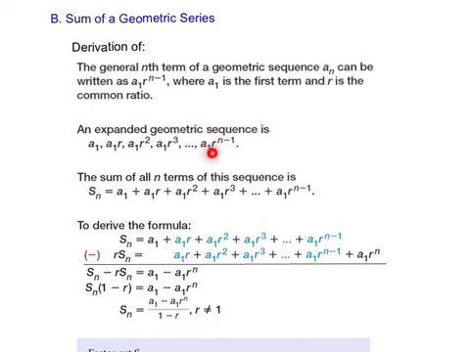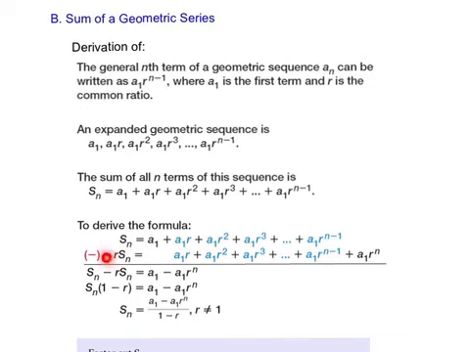Now, let's take this geometric sequence and let's find the sum of it. So the sum of that geometric sequence would actually be each one of these terms added together, so it would look like what's shown right there. Now, from here, let's derive the formula. I'm going to take s sub n, and I'm going to add everything, so I have the sum of that geometric sequence. Next, I'm going to subtract from it, and I'm going to take the common ratio and multiply it times the